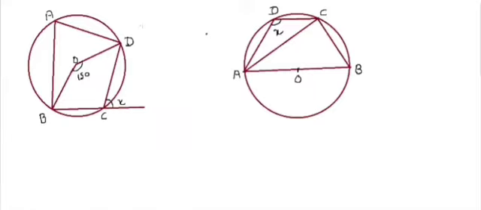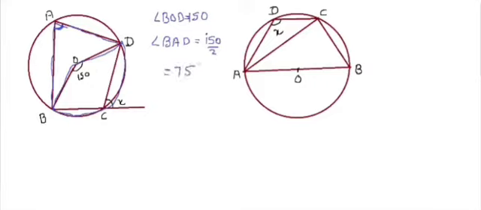Now we come to the exercise. In this question we need to find x. So first, angle BOD is given as 150 degrees. Now we know that the angle on the circle is half of the angle at the center on the same segment. Here we can take the segment BD. This segment is making 150 at the center, so it will make half of 150 on the circle. So angle BAD will be half of 150, that is 75.